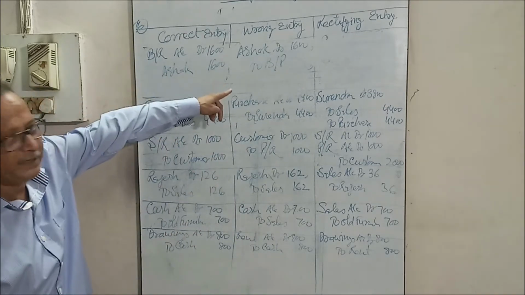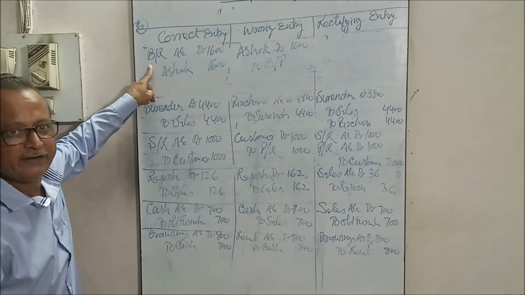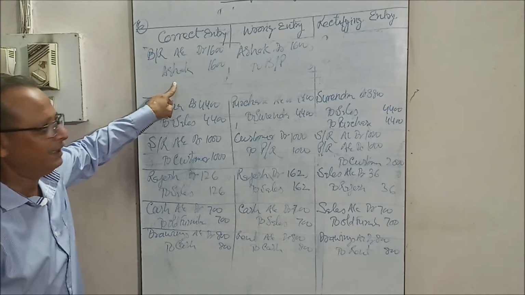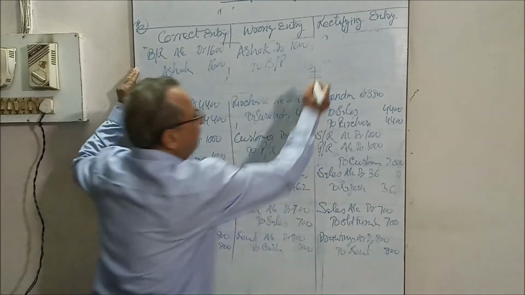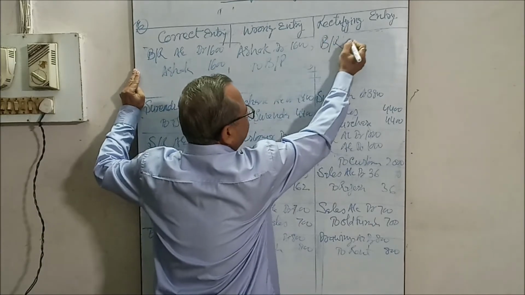Bills payable should not be credited. Bill receivable should be debited. Ashok should be credited, Ashok should not be debited. So what to do? Bill receivable should be debited. Bill receivable account debit